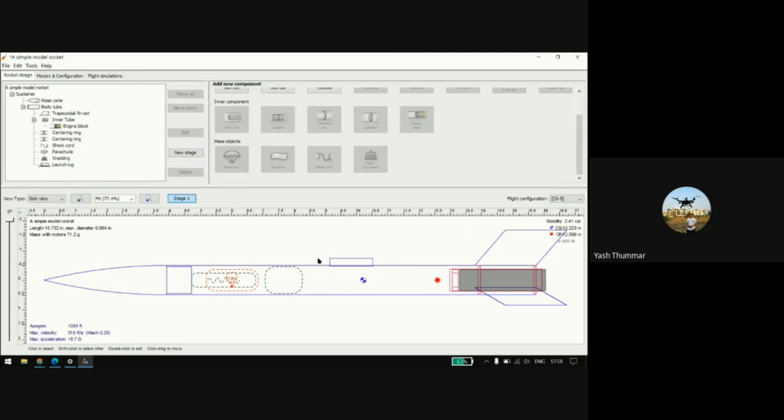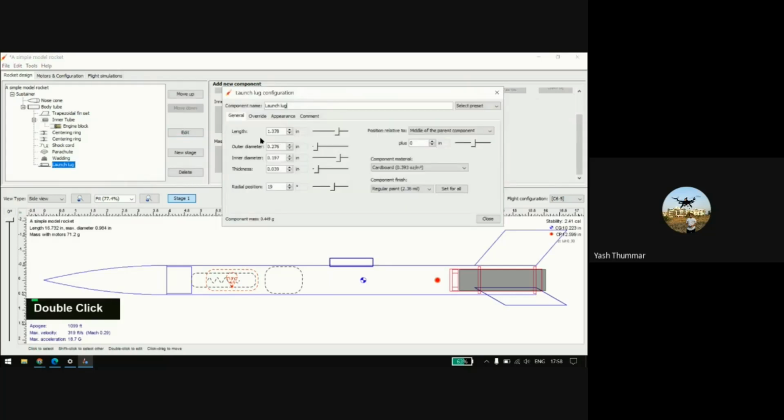So you know about how the model rocket will be launched. There is a rod, and on that rod you have to arrange this rocket with this launch lug, and then it will ignite and it will go in the same direction. So provide this direction and all things, it will be useful. And there's also the length, outer diameter, inner diameter, thickness, and radial position. Okay, so radial position means in what position. So it will be at 90 degrees. If you change it, it will come to 3.